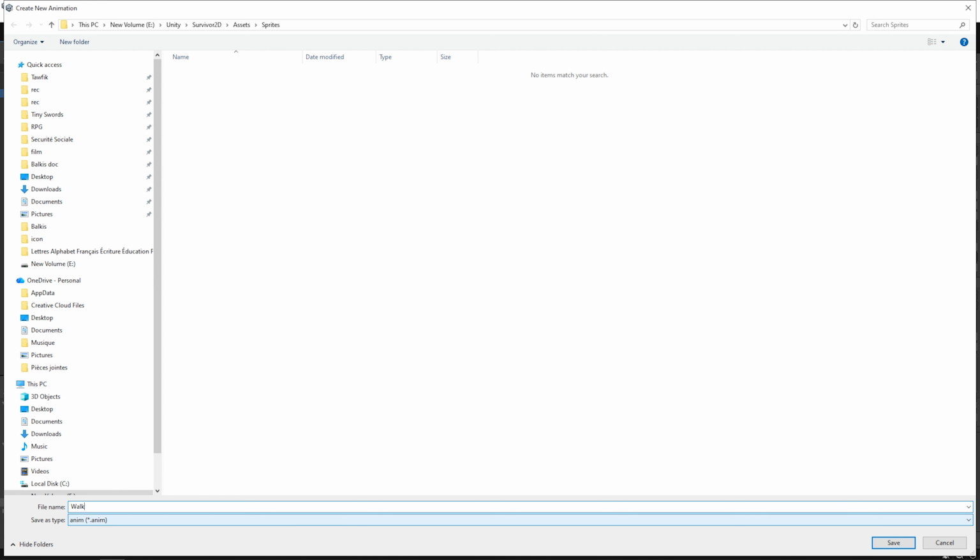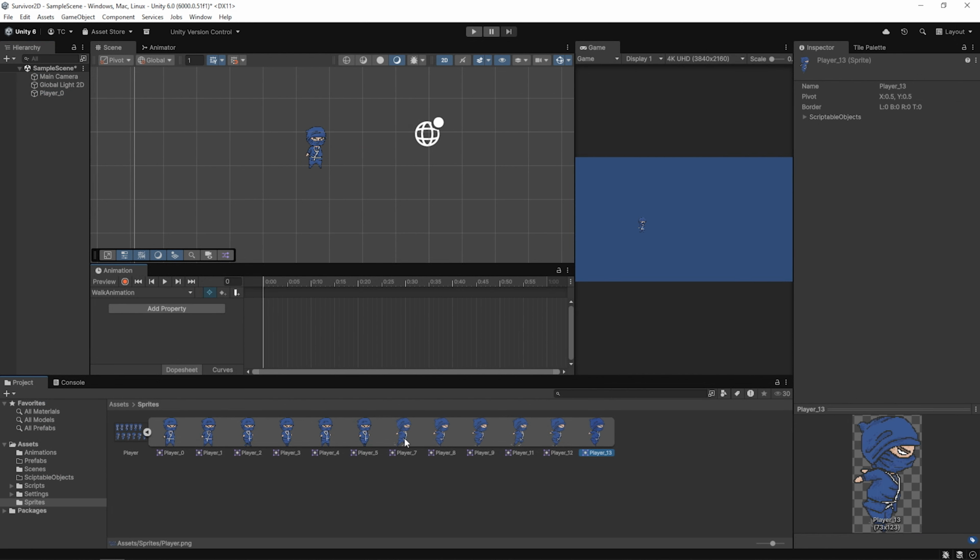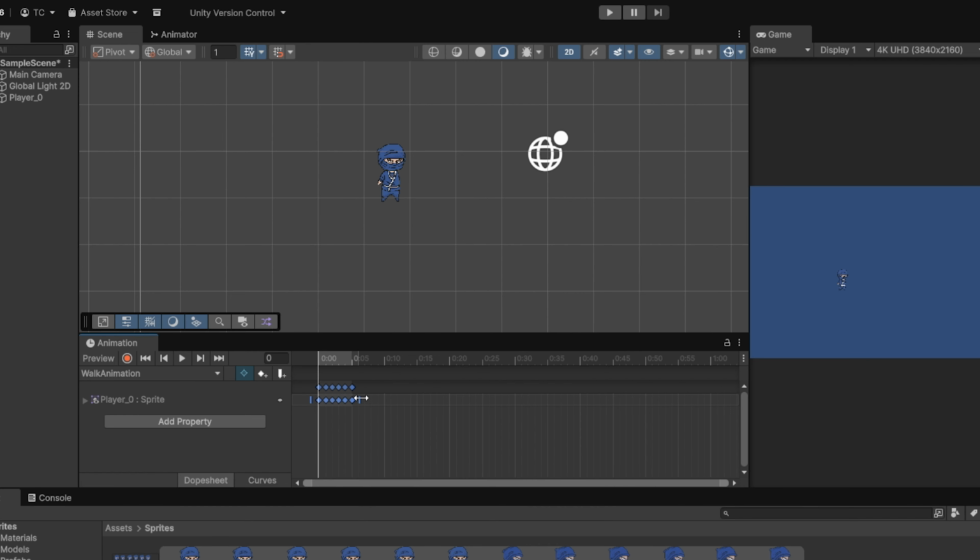Once the walk frames are selected, drag them into the scene or onto the player object. Unity will again open a window, asking to save a new animation. Let's name this animation player_walk and save it inside our animations folder. That's it. The walking animation is created. You should now see 2 animations in your project: player_idle and player_walk. In the next step, we'll set up the animator transitions so the player switches between idle and walking automatically depending